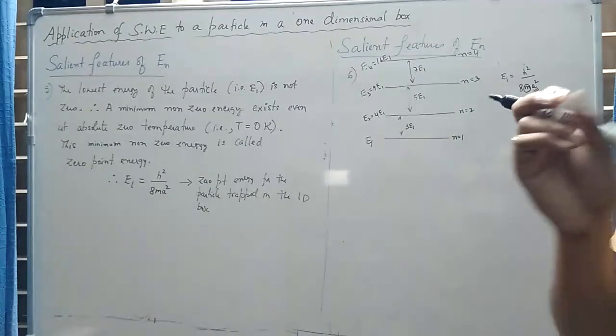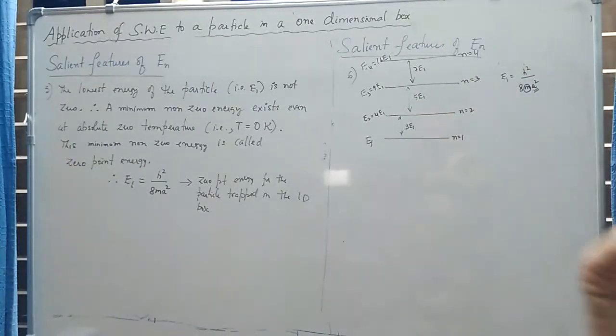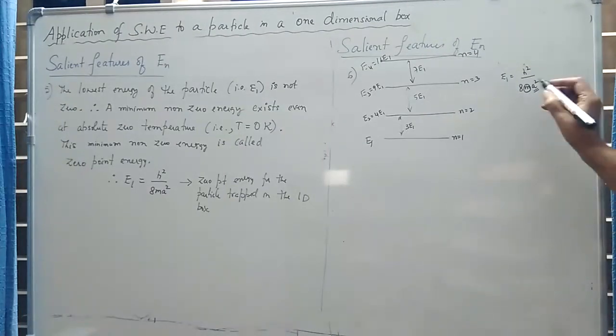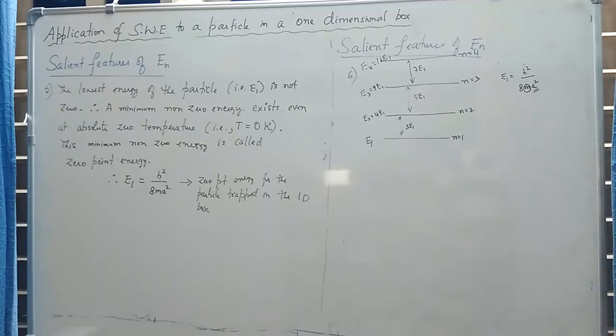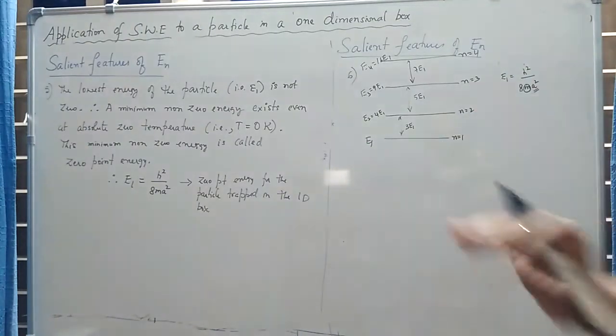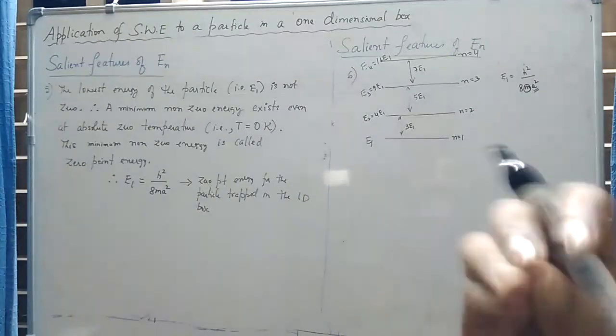So these particles, that is electrons, are subjected to motion over a very small length of the order of angstroms or nanometer. So the mass is of the order of 10 to the power minus 31 kg, roughly the mass of the electron, and a is of the order of few nanometers or few angstrom,